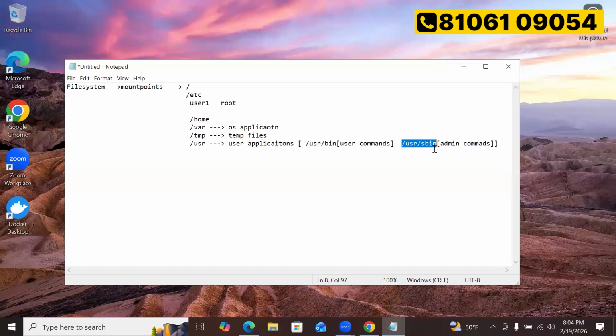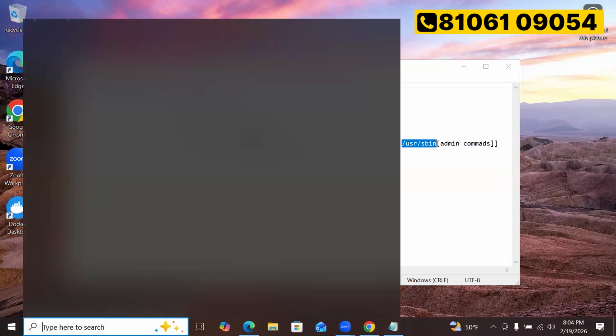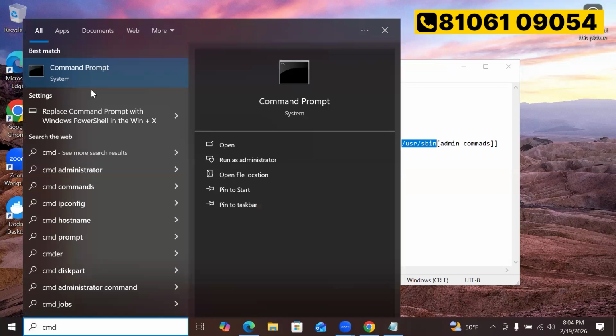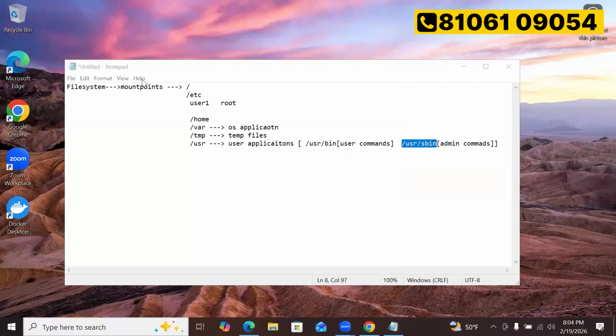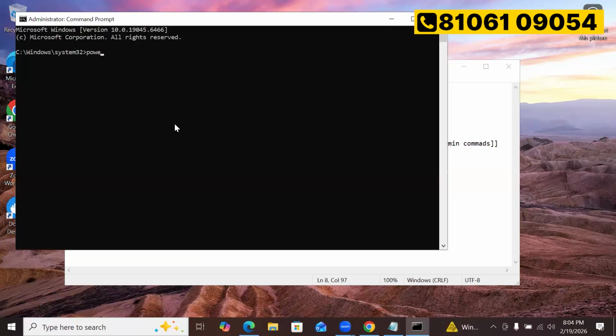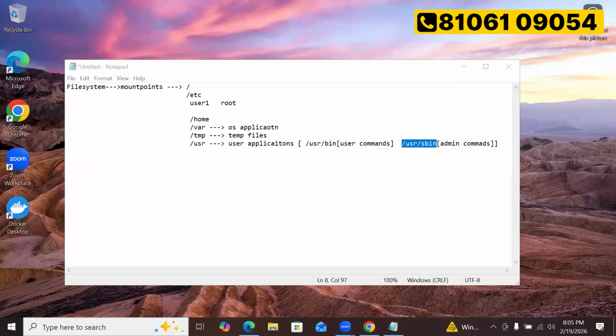How can we do that generally in Windows? If I want to run any administrator-related commands, let us say I'm trying to run some command prompt commands, what we do is right-click and run as administrator, then you can perform the commands here. If you want to power off, you can do that here now. I joined as a regular user, but now I become an administrator, so I'm running this command prompt as an administrator and I can run any command now on the Windows machine.